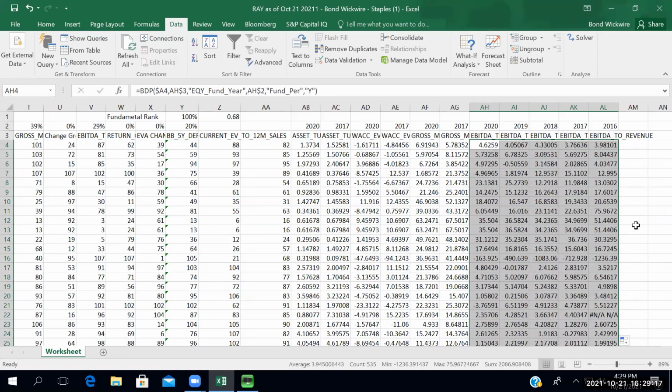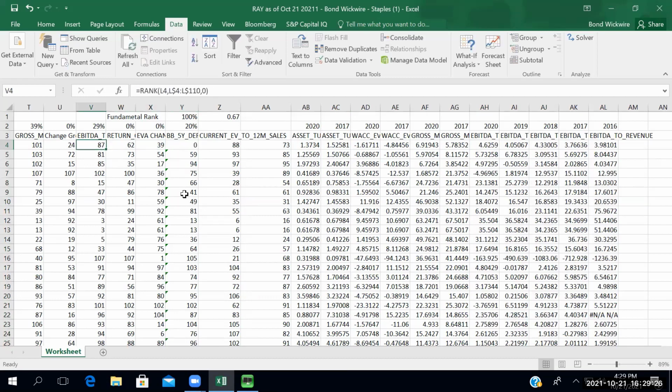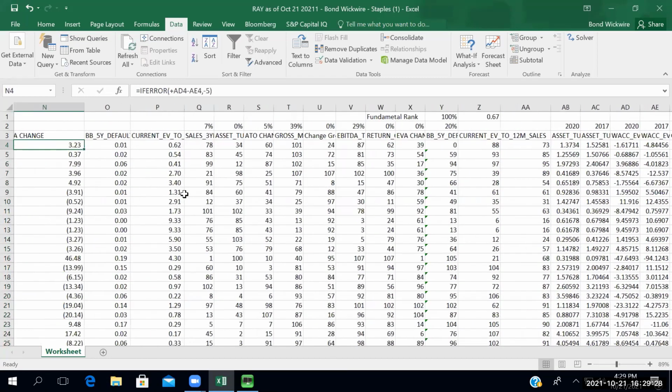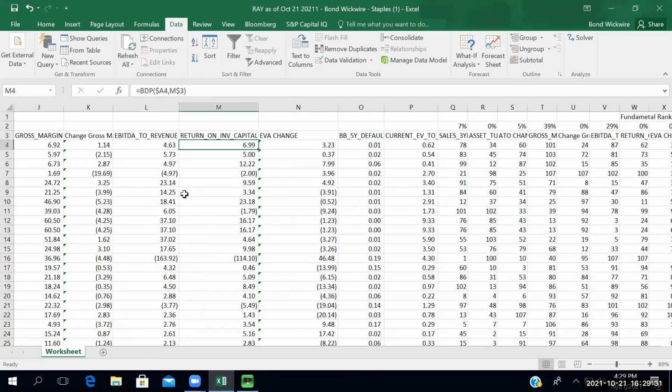Alright, so now next to the margin, just add a column and then do the averages or median. Or you don't do average, you do median. I always put it right next to something that's similar, so I can